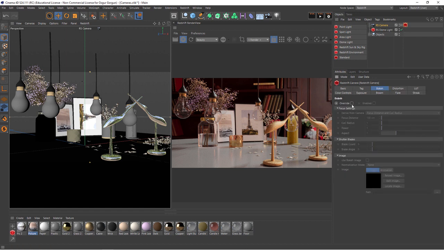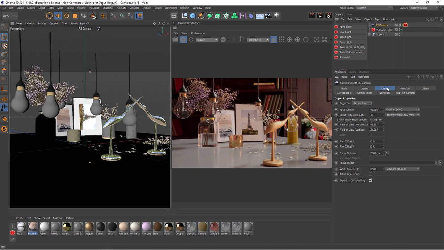I'll first override it, as we talked about in the previous lessons, and then I'll enable this as well. As soon as I enable this, the first thing Redshift does is to look at the settings of this camera to derive the focus settings. So it's looking at the focus distance, as well as the circle of confusion, or the blur amount if you like, from this camera. For example, if I select this camera, and then go to the Object tab,